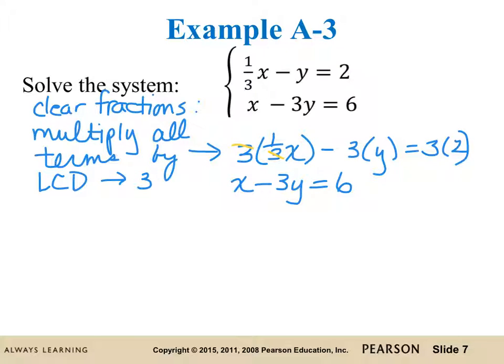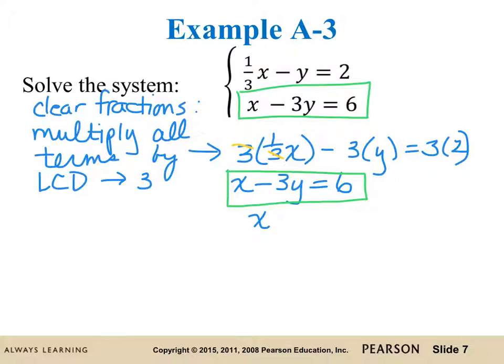But here again, we run into a problem. X minus 3y equals 6 matches the other equation. And because those two equations match, that is going to be true for any value that fits in x minus 3y equals 6. So in this case, if we actually try to solve this system, and I'm going to show you what it would look like, since we have x minus 3y equals 6, that means then that x equals 6 plus 3y, and substituting into either of the previous equations,